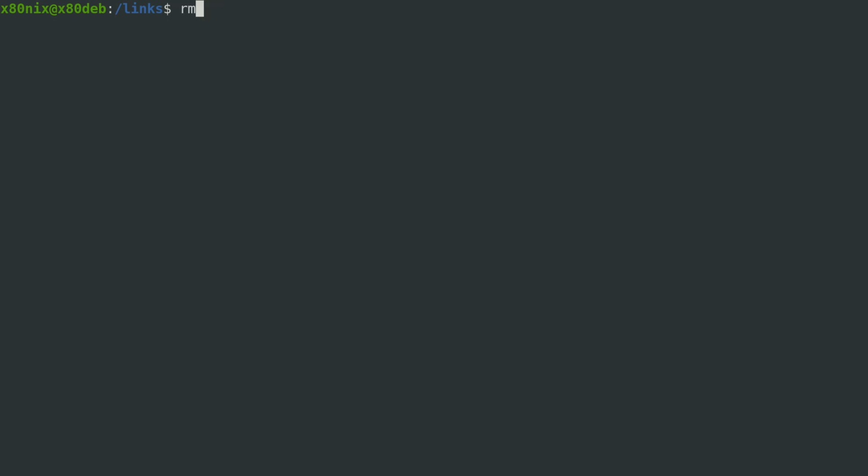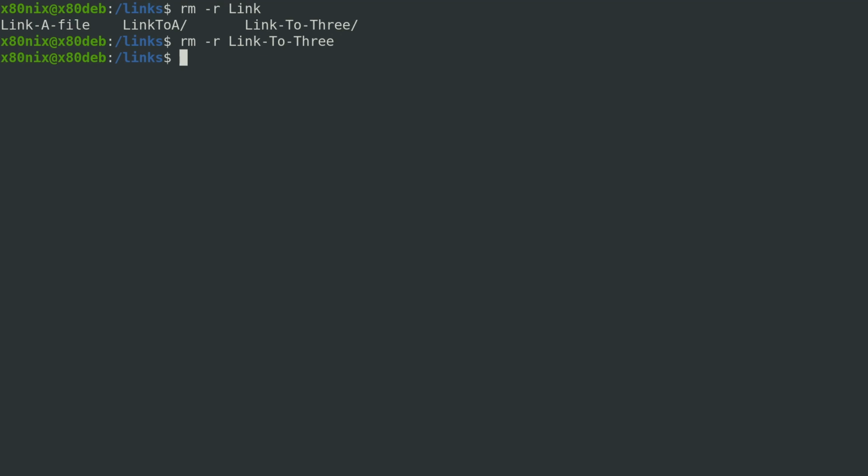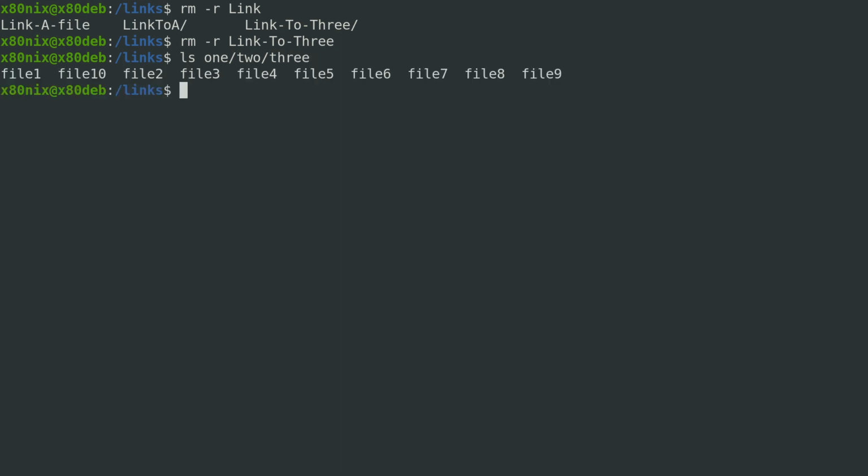And we're going to go ahead and remove that recursively. And go ahead and check actual path here. And we still have all of our files here. So